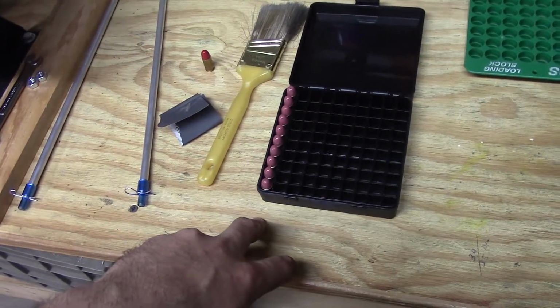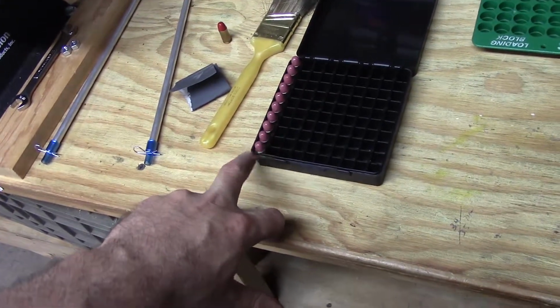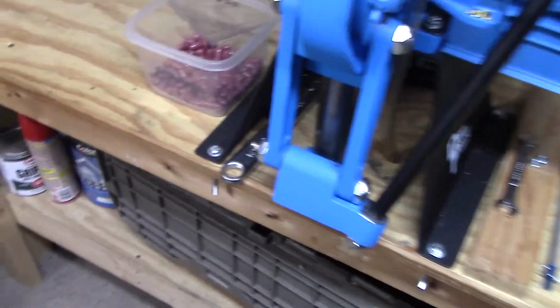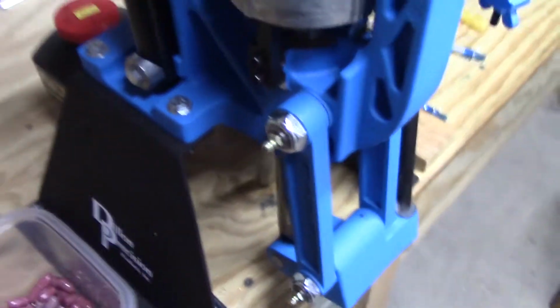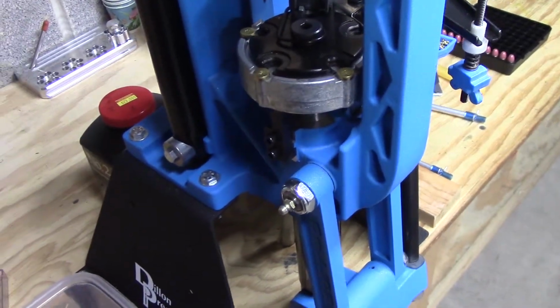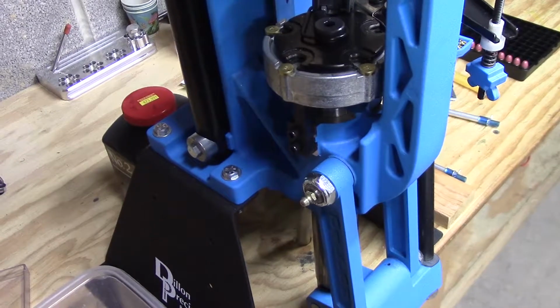I can't imagine it would be the color. I mean, the chemical makeup of that crap should be the same unless it bakes differently. I don't know, but the lube, the only thing I noticed with the lube, when the cases are lubed, I don't have any in there right now to show you, but that lube actually seeps around and gets on the inside of the cases as well. I mean, it's a real fine